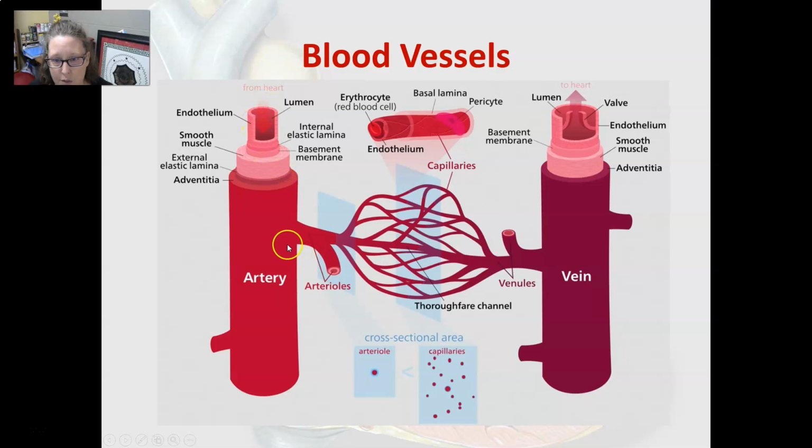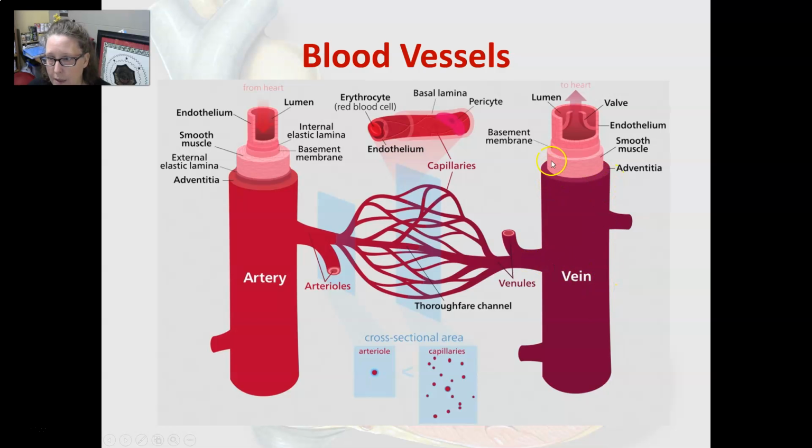The arteries get smaller and smaller until they become arterioles, and then they become capillaries. The capillaries are basically only one layer thick, the endothelium with a basal lamina wrapped around it, which makes them really porous, and that's why it's at the capillary level that blood and nutrients can be delivered. They are about one red cell wide for the lumen, so they're really, really thin. Then these become wider and wider. They merge together and form venules, and then merge into veins.